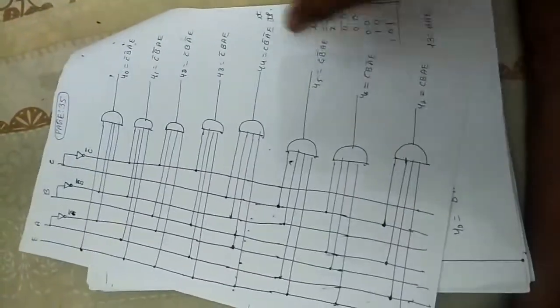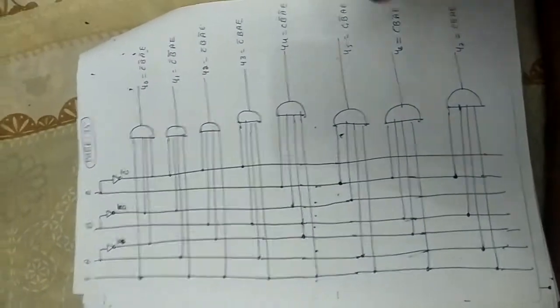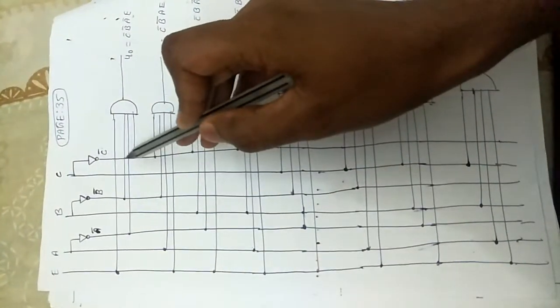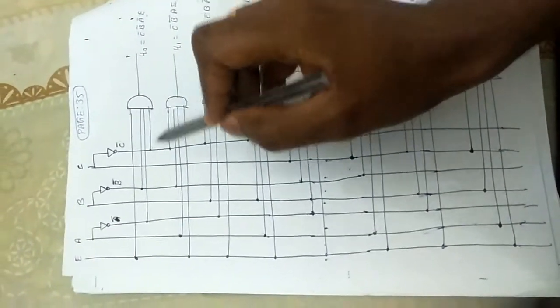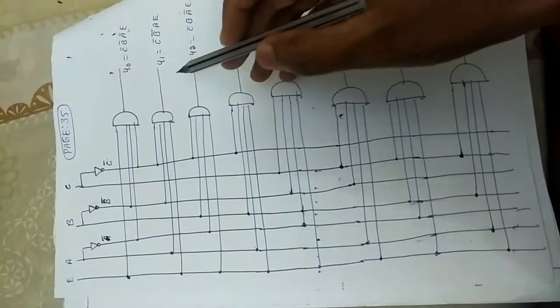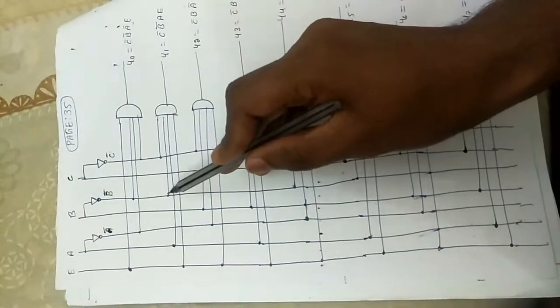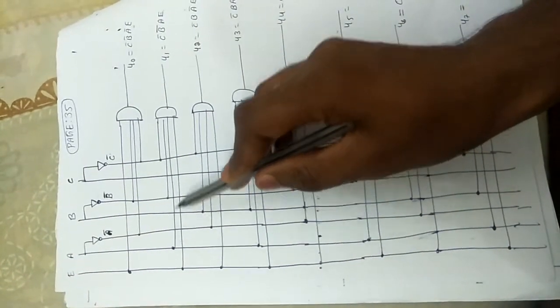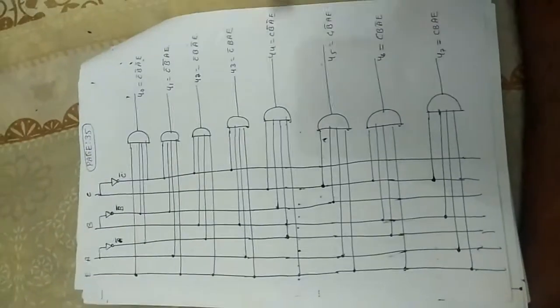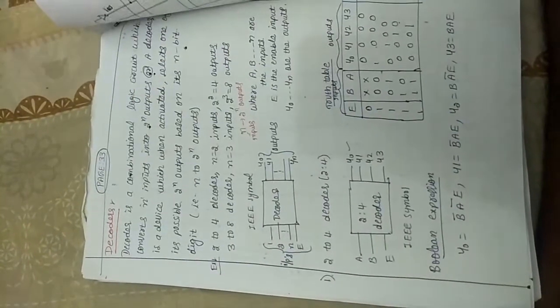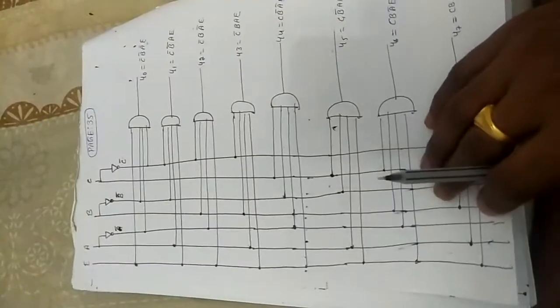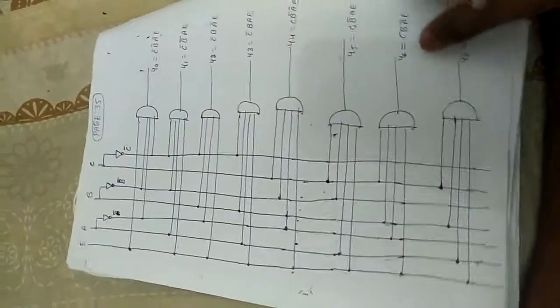So now you have to realize this using logic gates, similar to your 2 to 4 decoder. So C bar, A bar, B bar, and then you have the enable pin. This is your enable pin. For y1, B bar, C bar, A, E. You have to write for all 8 combinations. I hope you understood how to draw the logic diagram for the 3 to 8 decoder.